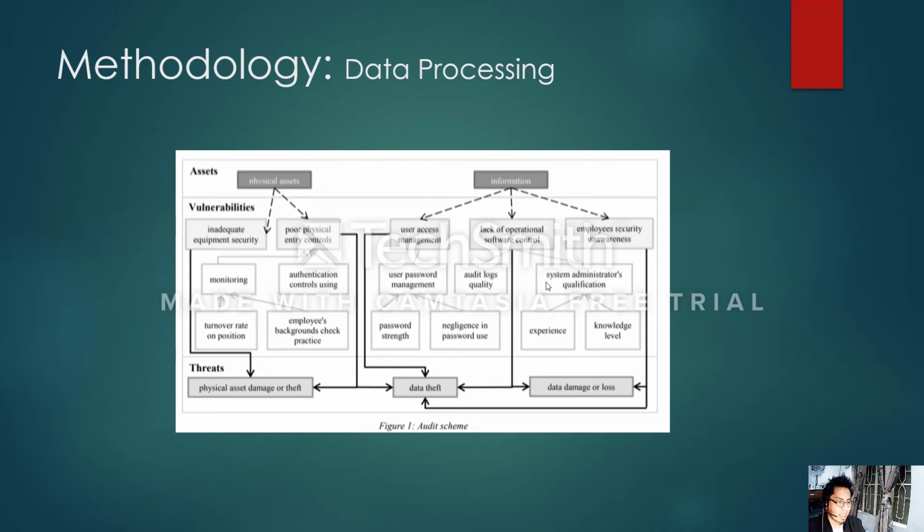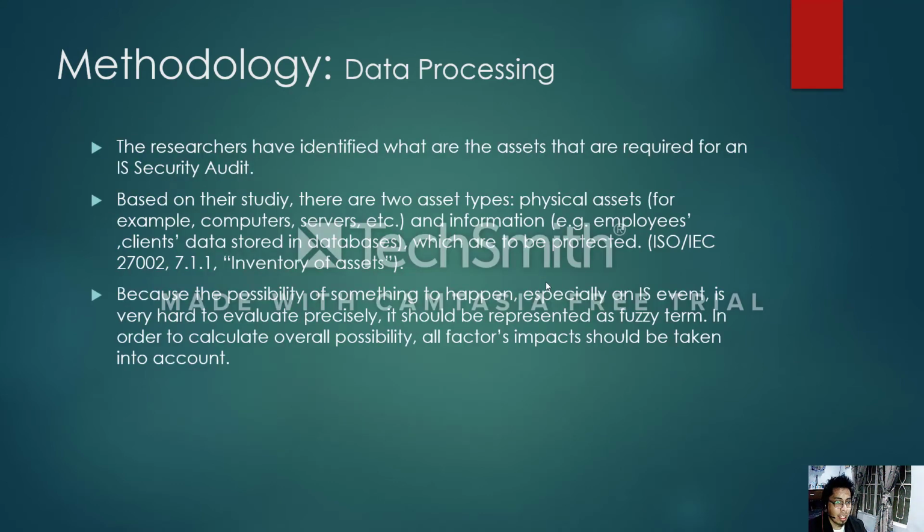So on the left we have the physical assets. The possible vulnerabilities for them will be poor physical entry controls, inadequate equipment, turnover rate on position, and employees' background check practice. For the information, we have the user access, lack of operational software control, employee security and awareness, audit logs, user password management, system administration qualification, experience, knowledge level, and negligence. So this is a representation of how we should factor in each of the factors that can affect those assets that were defined in the previous